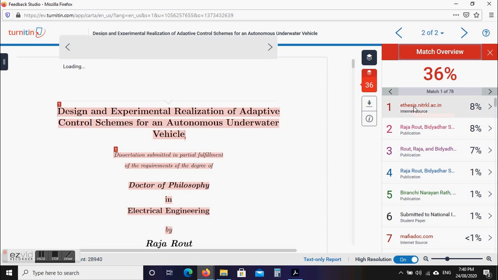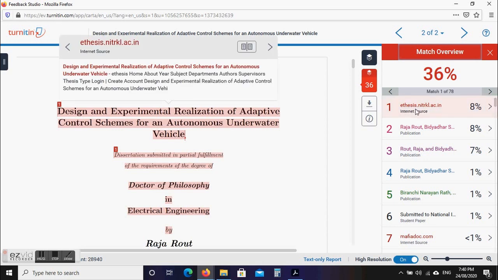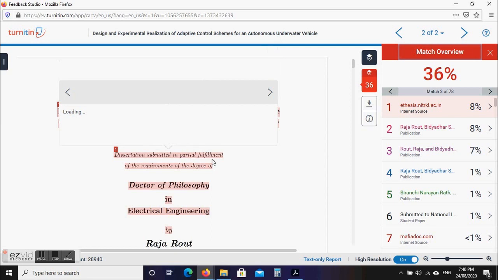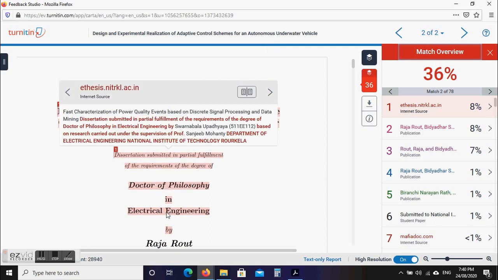The first one is 8%, and the 8% matching resource is ethesis.nitrkl.ac.in. If I want to see exactly what is matching with it, I simply click on this one, and in the left-hand panel a window will pop up and you can see the exact matching words. The title is matching here.